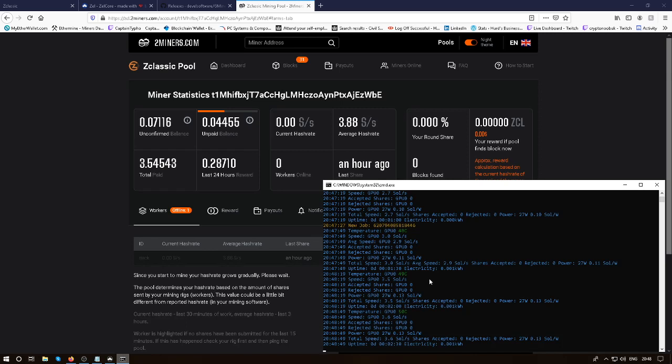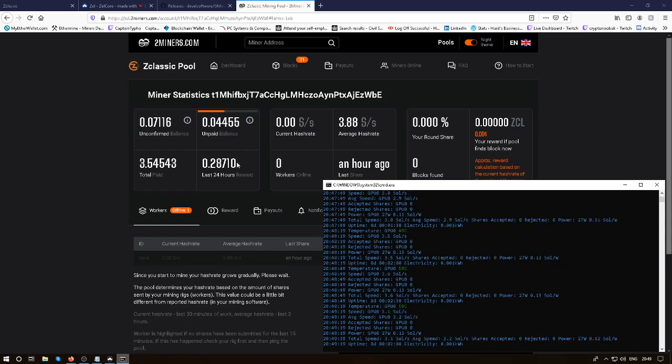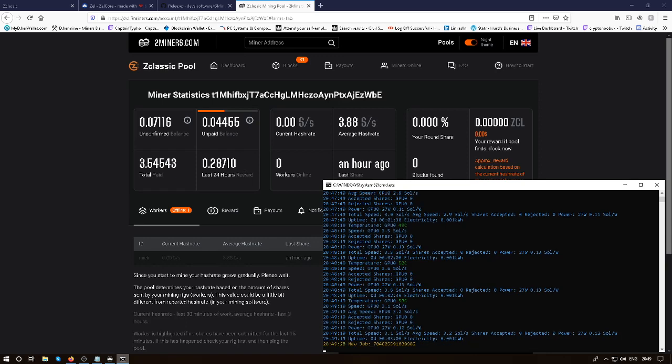After 24 hours, as you can see, the last 24 hours I've got 0.28, total paid of 3.5. So that 3.5 gives me £1 in total. So it's not a lot you get, but once you start building that up over time, it will increase. And if you get a decent amount, or the price goes up on it,